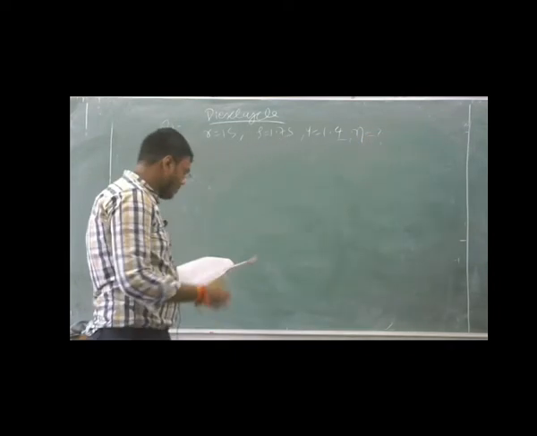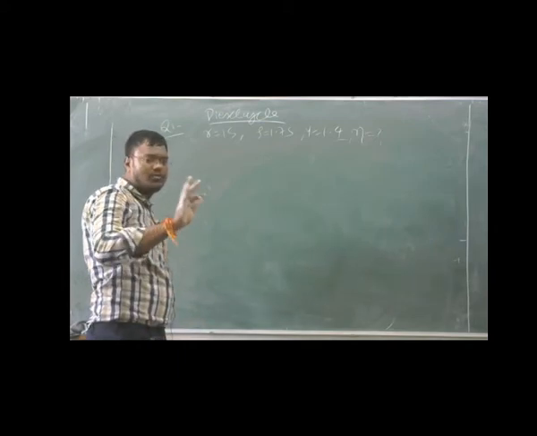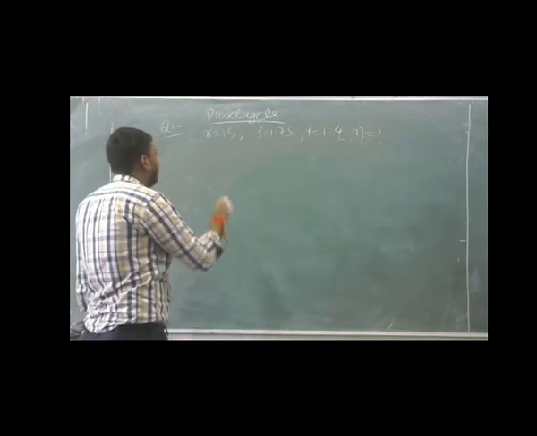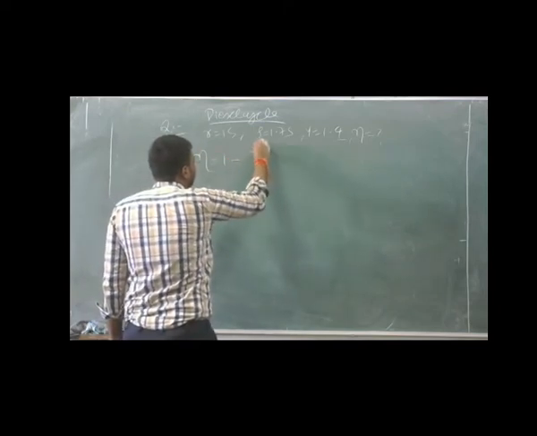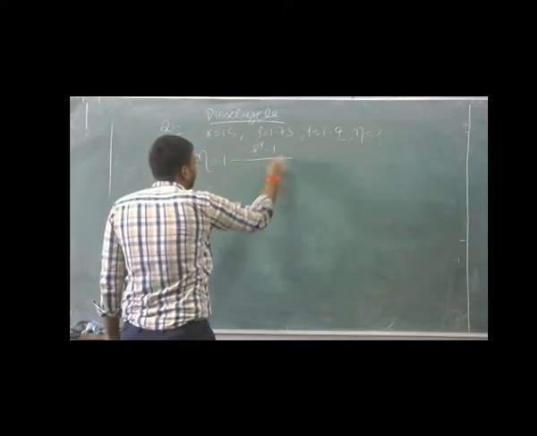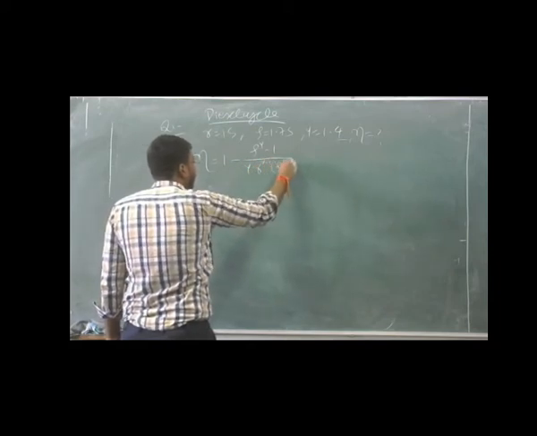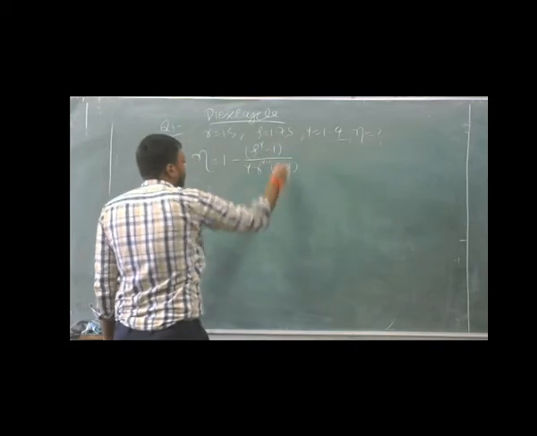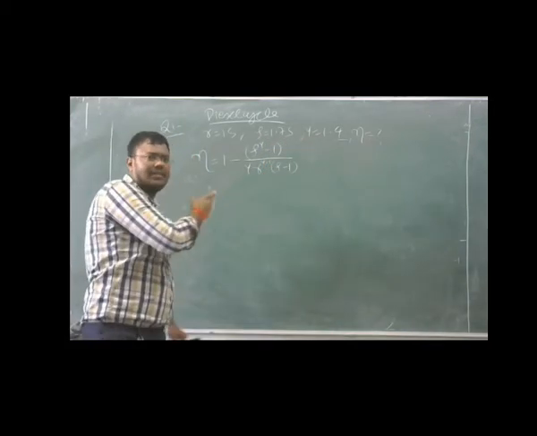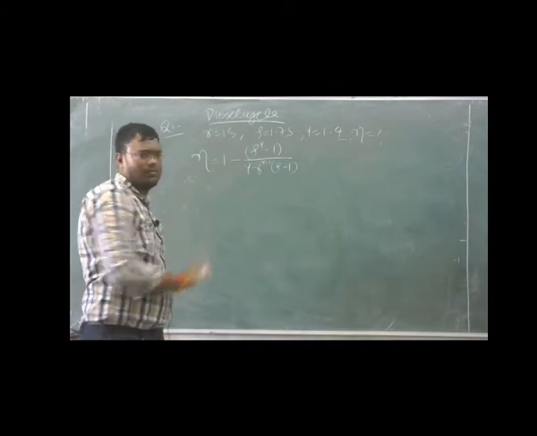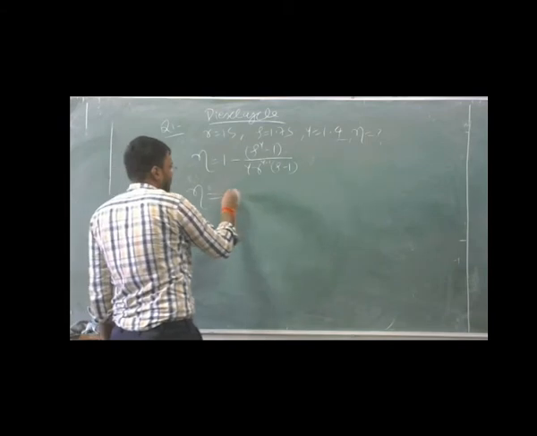So this is a very easy question because we need to just use the simple formula for diesel cycle. So we know the formula, eta is equal to 1 minus rho to power gamma minus 1 divided by gamma r to power gamma minus 1 bracket into bracket rho minus 1. This is the formula. The formula is a little bit complex, but you just need to put the values. Then you will get the answer.